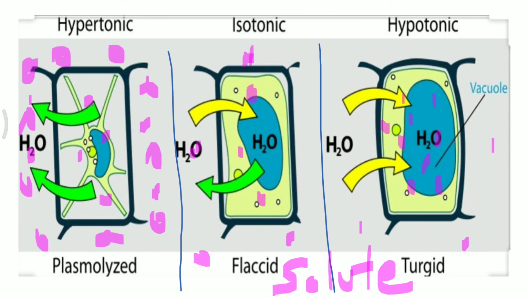But in hypotonic solution, the amount of solute particles inside the cell is much higher as compared to outside, and as a result water from outside is drawn in order to equalize the concentration inside the cell, and hence the last cell becomes turgid or it swells up, whereas the first cell, because the water is lost from inside to outside, becomes shrunken or it just shrinks.